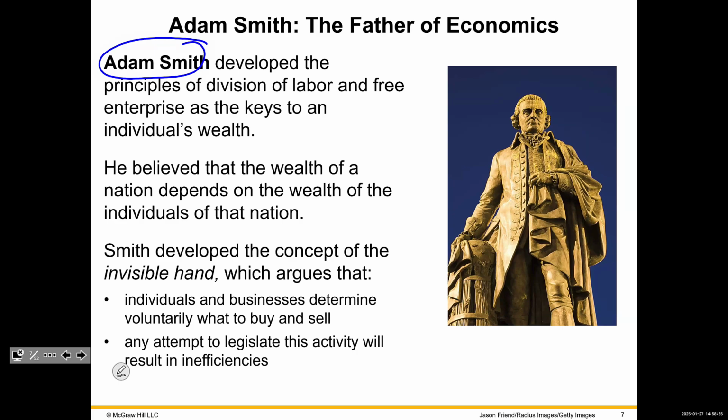Who worked for that money? Who works like 20 hours a day? Probably Elon Musk, right? He's always on Twitter doing something. So why should we redistribute wealth? But some people think that's the right way to do it. Any economists in the room? Anybody studying economics or majoring in economics? The law of supply and demand will tell you why. Capitalism will tell you why not, right? So he believed that the wealth of a nation depends on the wealth of the individuals of that nation.